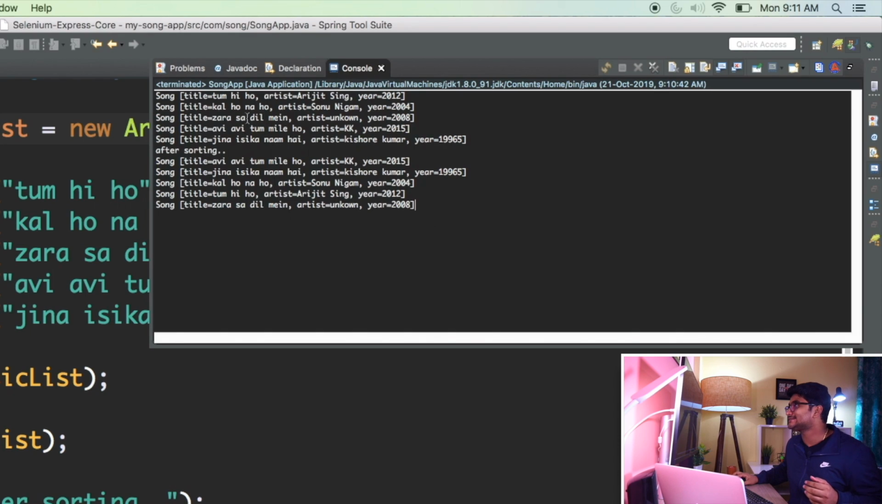So this is your old list before sorting, and this is the list after sorting, right? You can see A comes here, J comes here, K comes here, T comes here, and then the G. So everything works pretty fine. But after